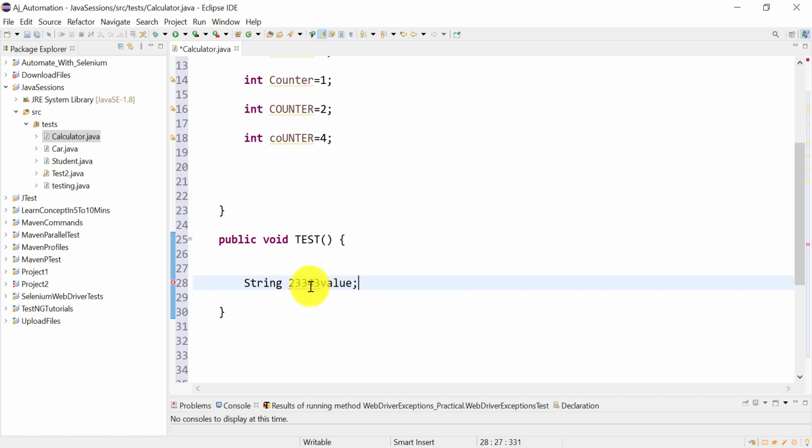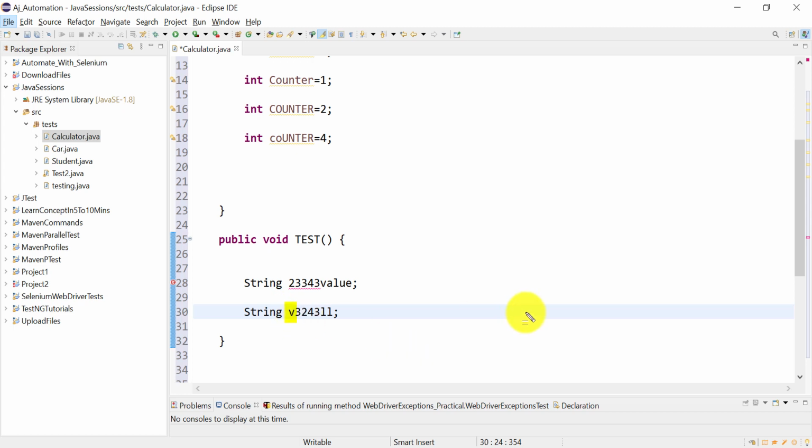You cannot start an identifier name with a digit. You can use the digit at the second place, but not at the first place. So you can write String, then first a letter like v, and then use the digit here. This is allowed, because the first character is an alphabet.